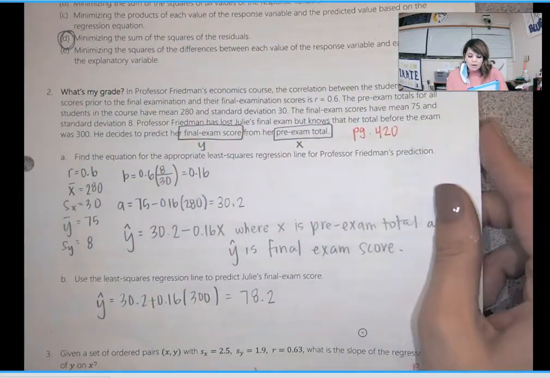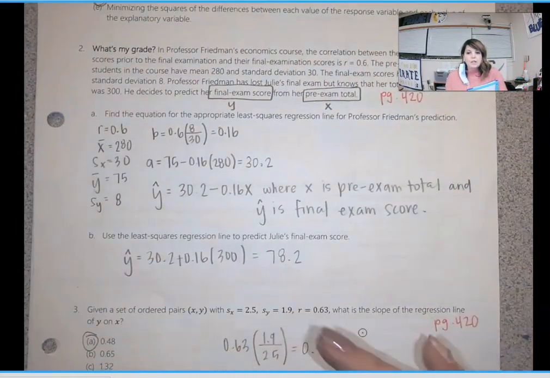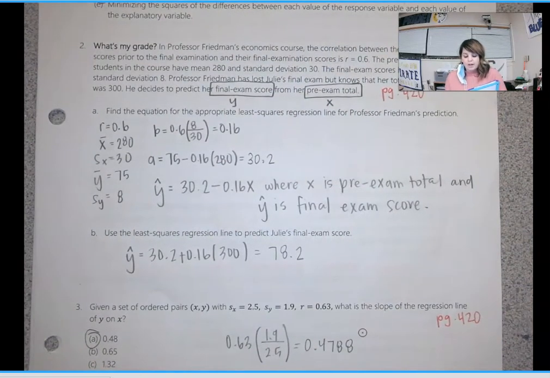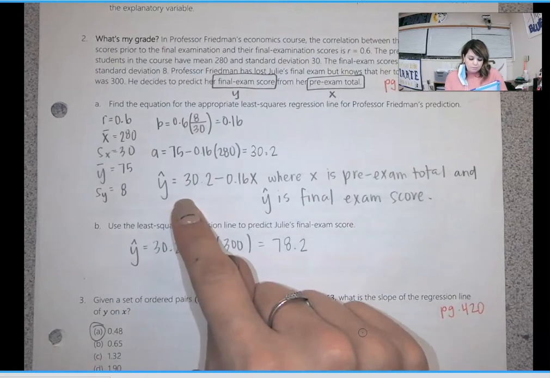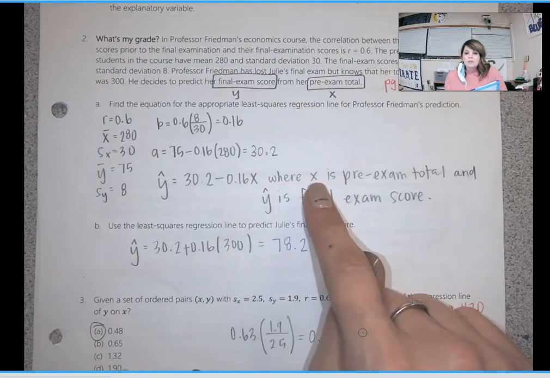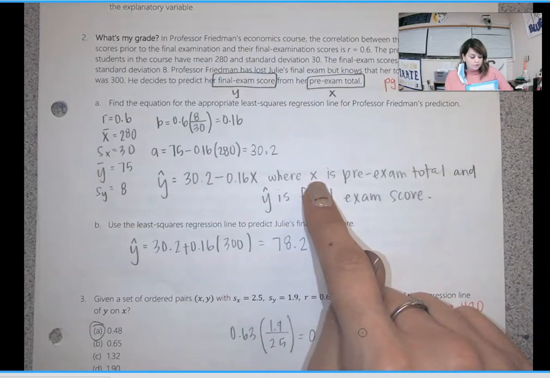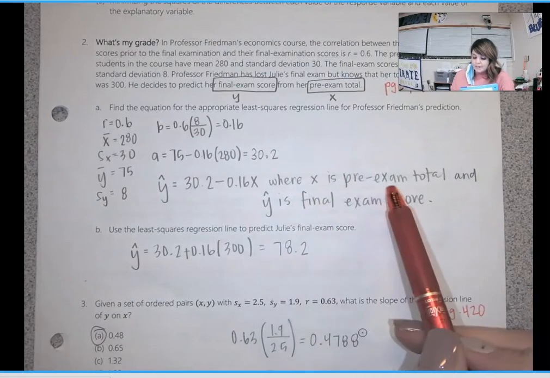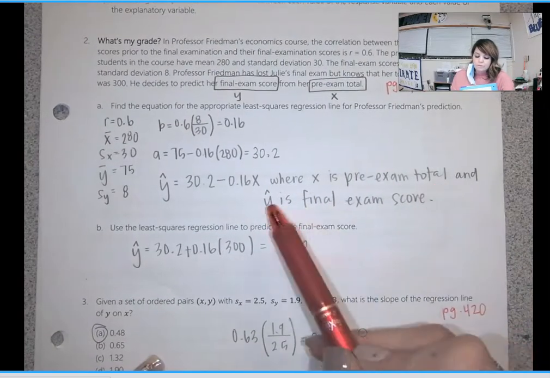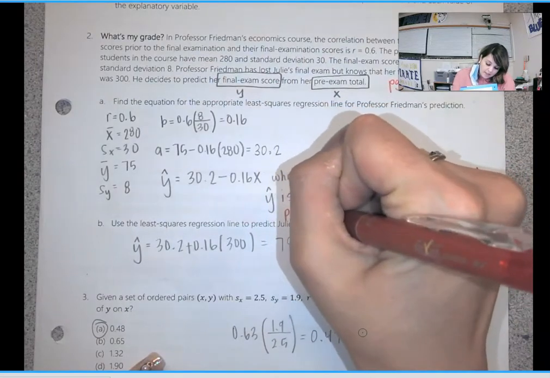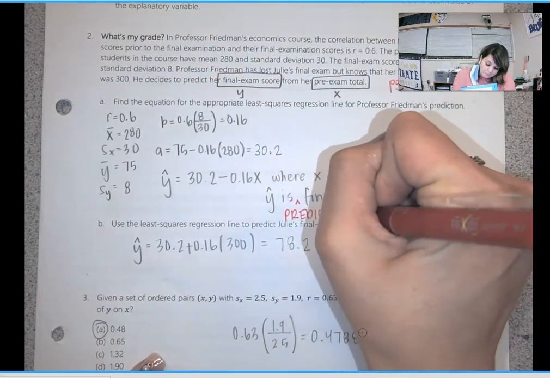Number two requires you to use page 420. Most of all of you that I have seen working in class are doing just fine with this. So A, when you write your regression line, it's okay if you round it differently than me. The one thing that I want to make sure that you add in is defining your variables. So where X is pre-exam total and Y is, hopefully you're noticing that I need to have the word predicted